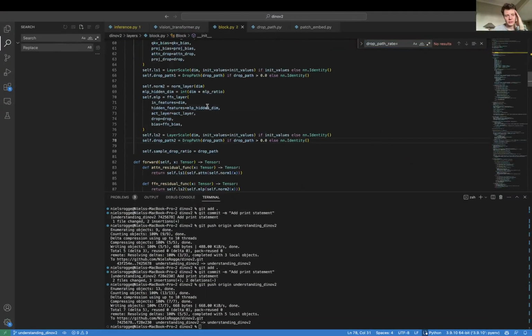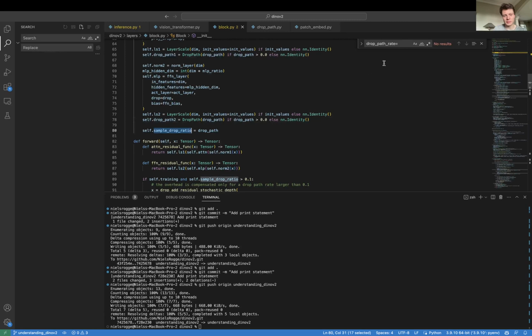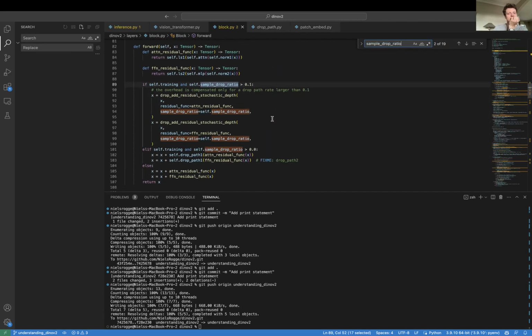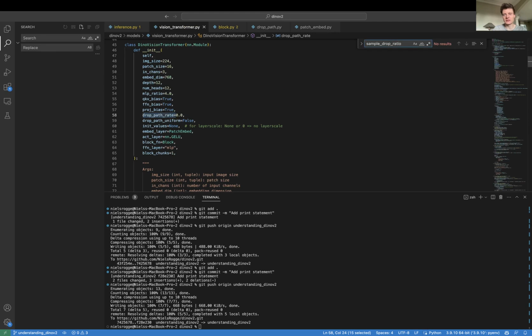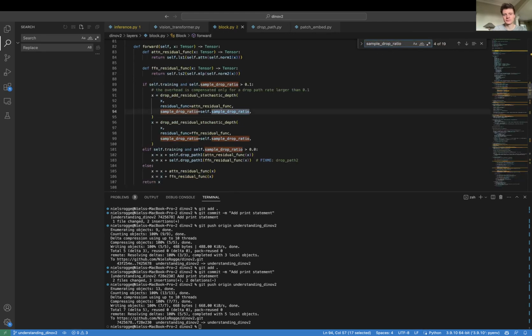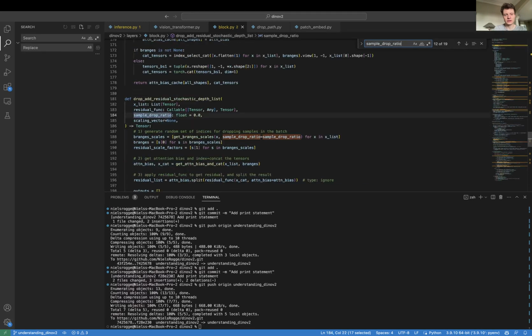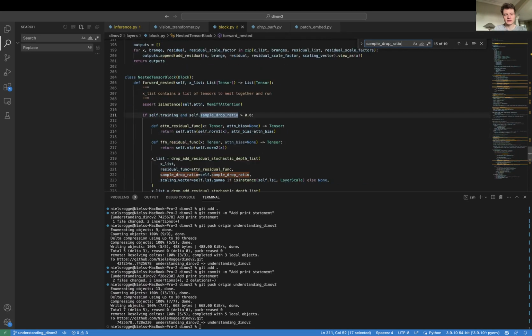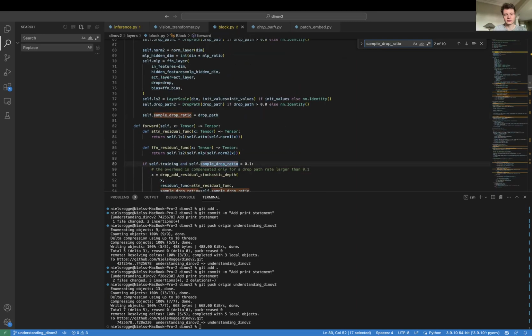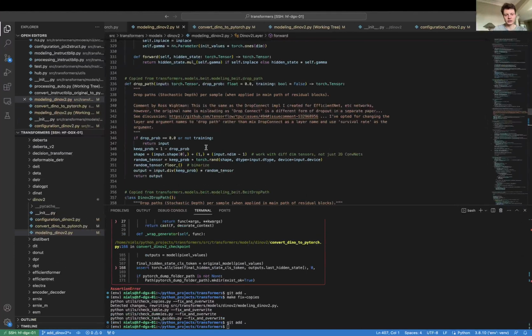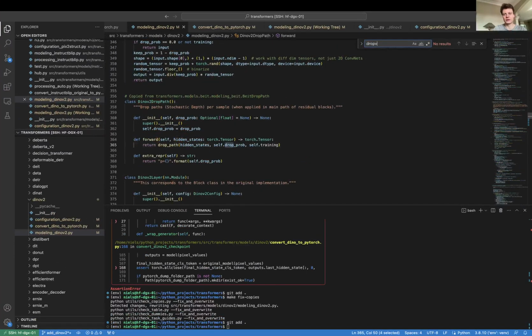Okay, so let's go back to our block class here. Sample drop ratio, what's that? Okay, I'm going to see whether they have used this. Defaults to 0 here. Seems that they have a lot of drop path stuff added. Yeah, we can maybe add that later on, but for now, let's just focus on our